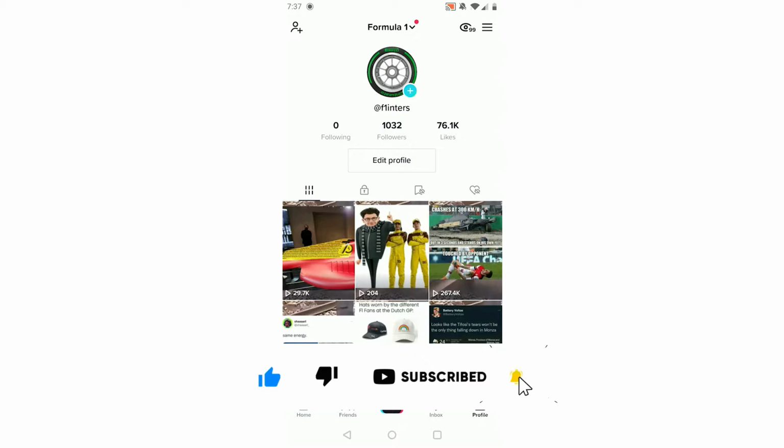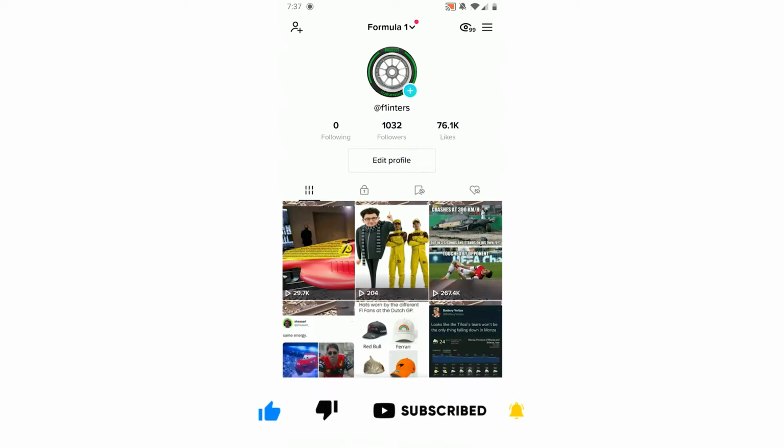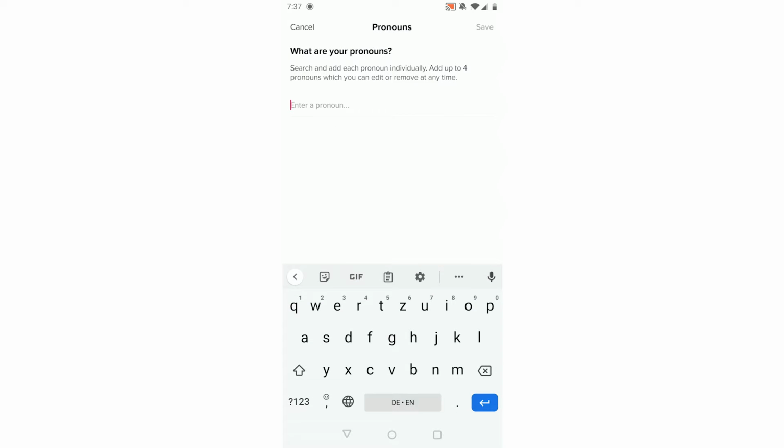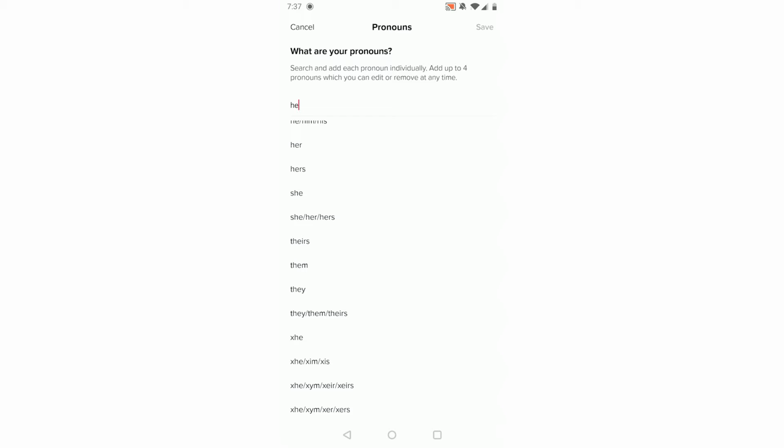What you now want to do is click Edit Profile in the center. Now, these steps over here are what you can change, like name, username, and just below that you see pronouns. Click Add Pronouns on the right, and now you can enter a bunch of pronouns. Let's say he, and as you can see, they'll give you a list of all these different pronouns you can add. So let's say he,